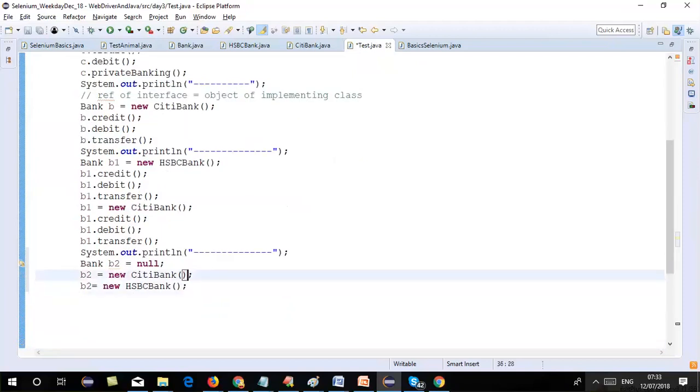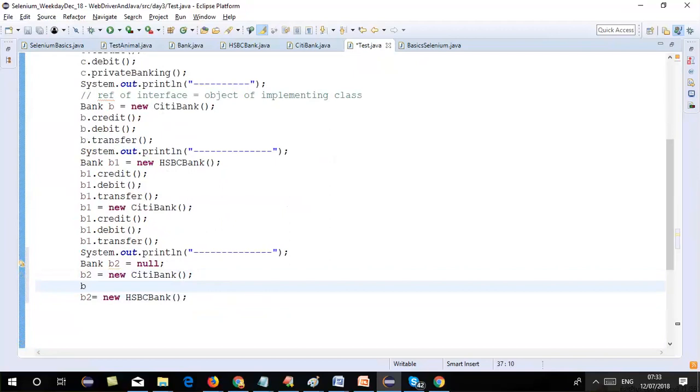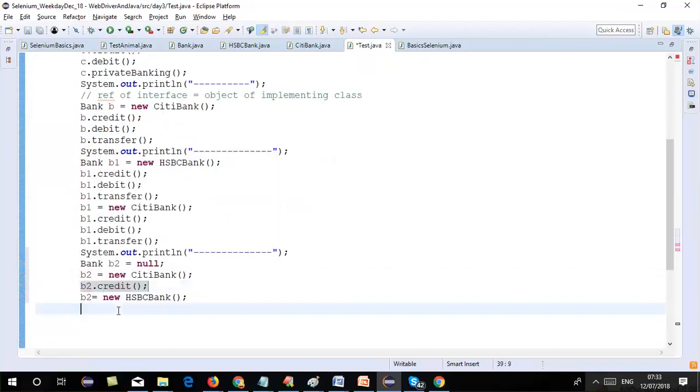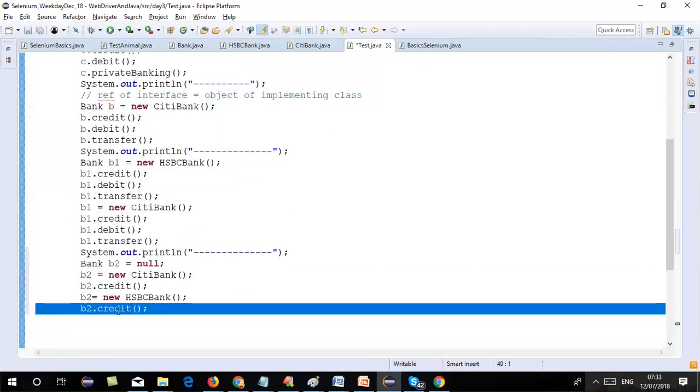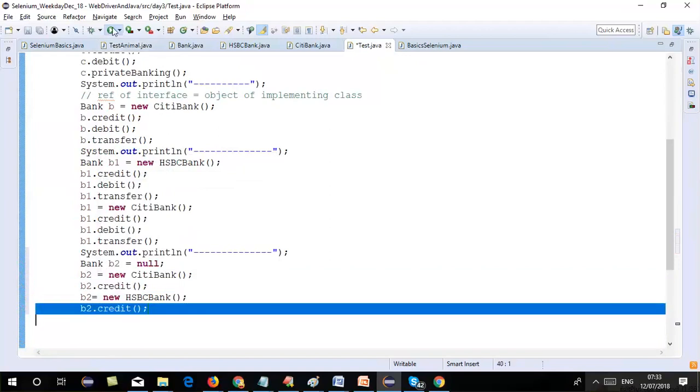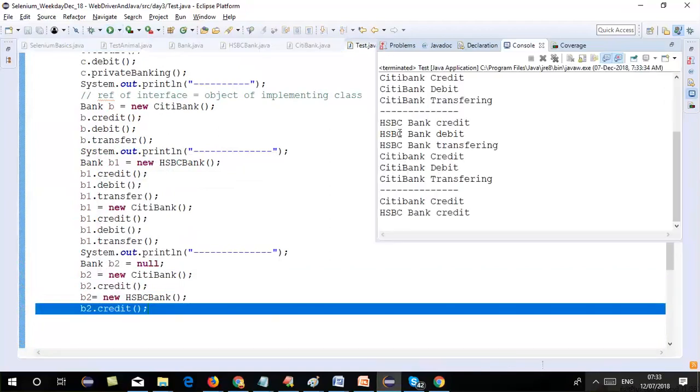When it is pointing towards the object of Citibank, you can write b2.credit, and when it is pointing towards HSBC Bank, you can write b2.credit again out here. The command is the same, but these two commands will give you different output. Okay, right. Now, as I told you,